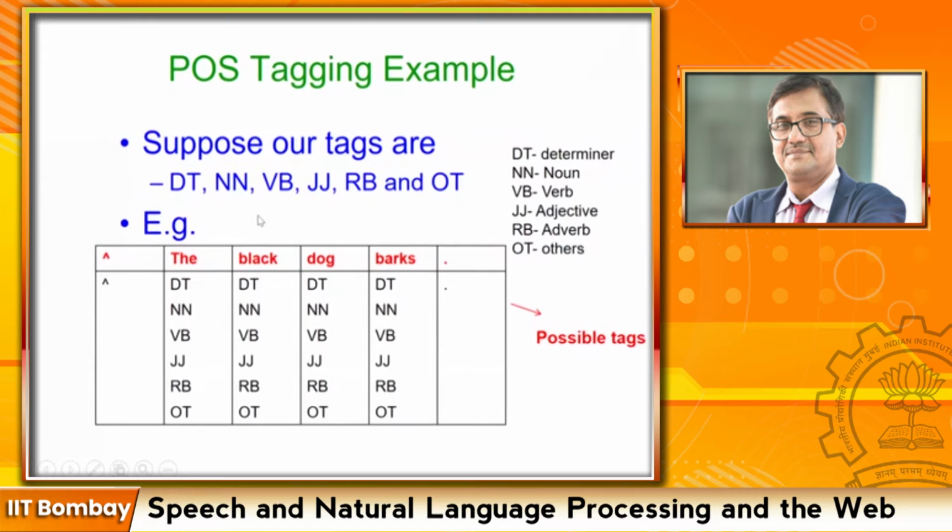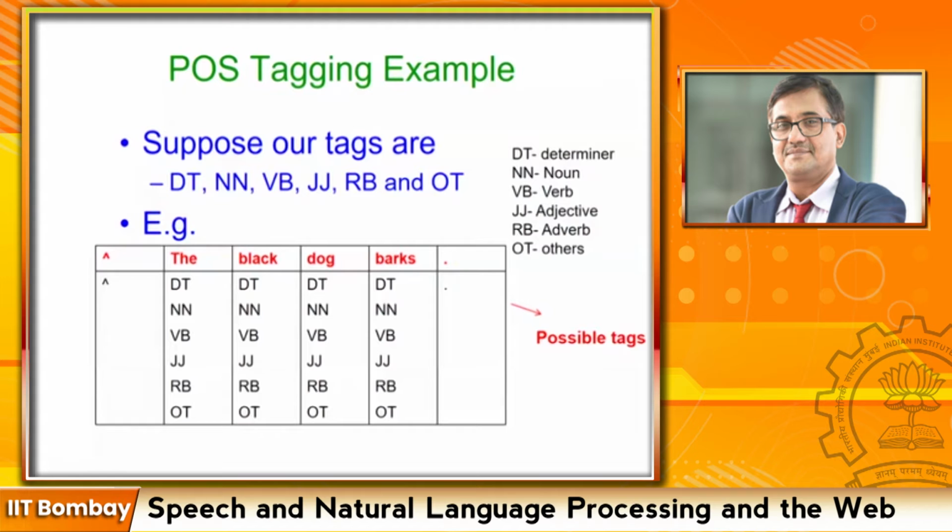And as I've said many times, take your assignments very seriously. NLP cannot be learned only by reading and listening to lectures. You have to burn your fingers with actual text corpus. So we have only 6 tags here. Determiner, noun, verb, adjective, adverb, and others. They are shown against each word. And there is a sentence beginner in the form of hat, sentence finisher in the form of dot.